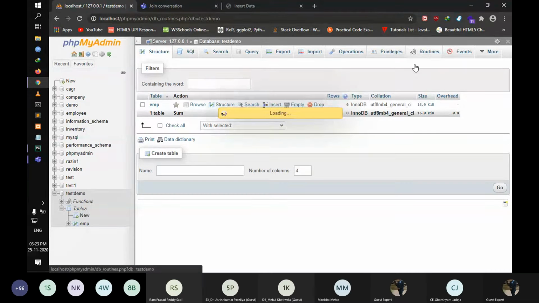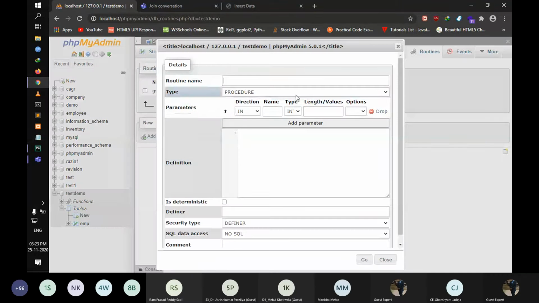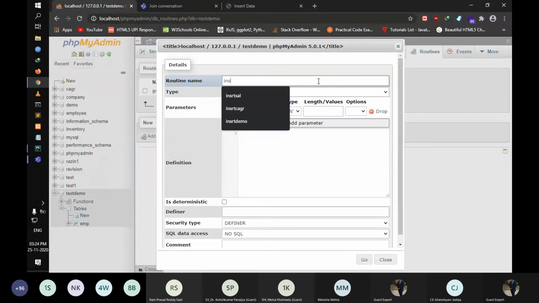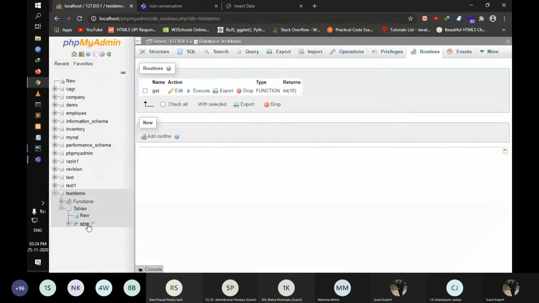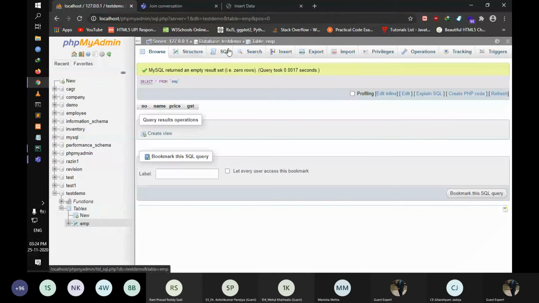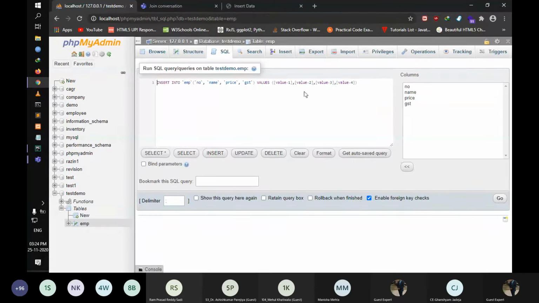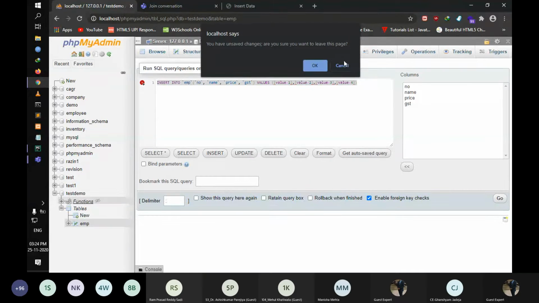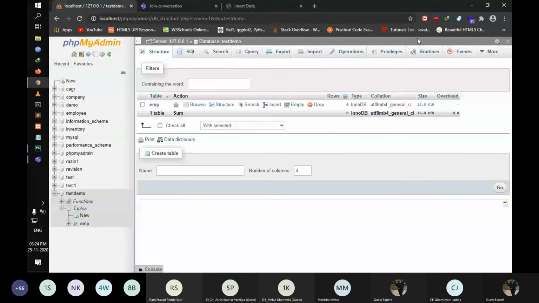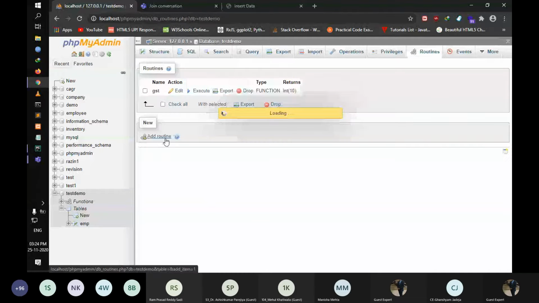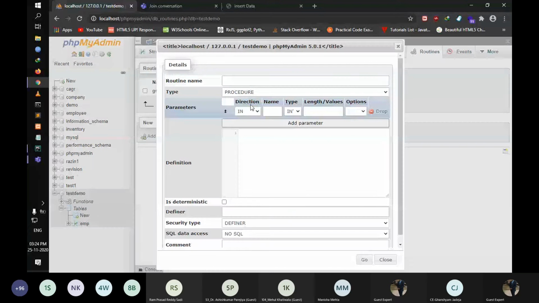Now we are going to create a procedure. Let's copy the query from here so it's easier and we won't make any mistakes. Insert GST.